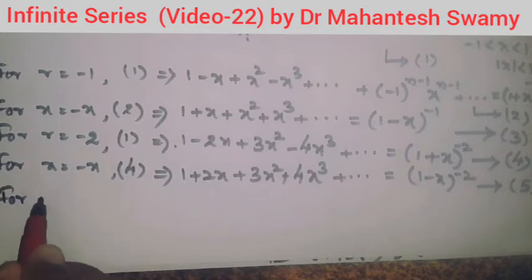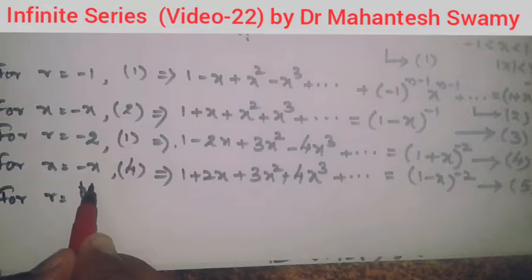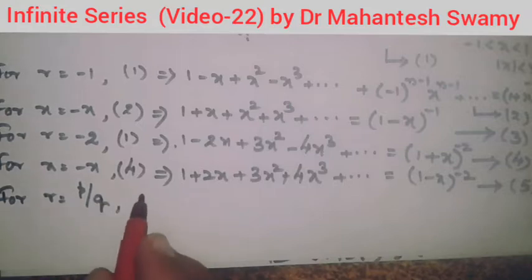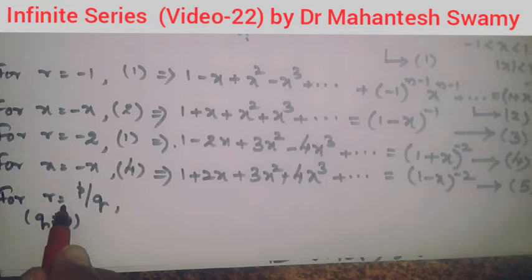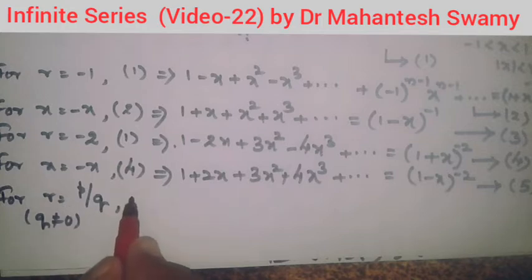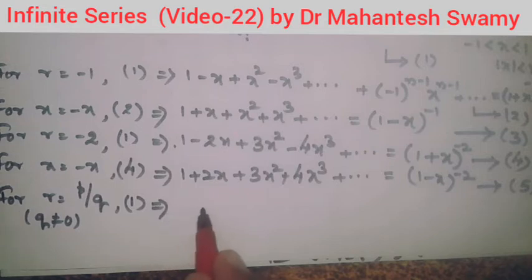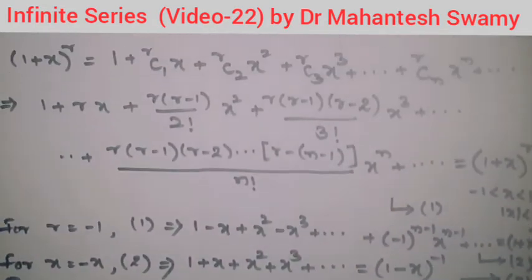For r equal to a number of the form p by q, that is a rational number, where q is not equal to 0, and we have to mention that the denominator should not be 0. In this case, what happens to equation number 1? In that case, equation number 1 results in the form,